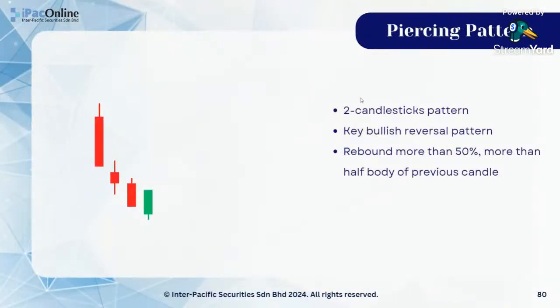Okay, so the last three pairs. We're gonna go with piercing pattern, whereby piercing is another two-candlestick pattern. Basically, what happened on piercing is a bullish reversal pattern, whereby the share price opened below the previous day. Supposedly, as the share price opened below, we should expect more selling pressure to pressure it down. But instead of keep forming another red bearish candle, it just dropped slightly and recovered all the way, rebounding more than 50% of the